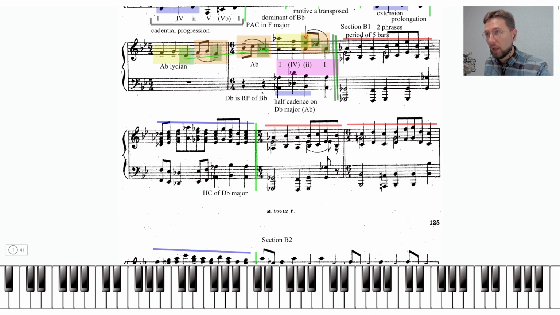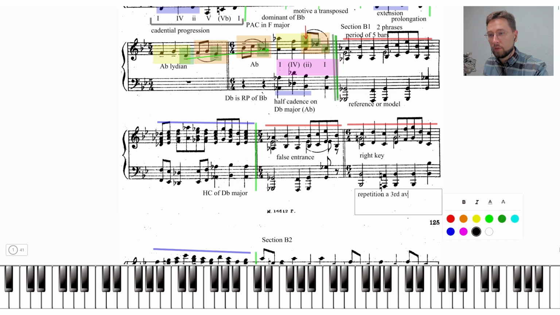So directly we have the actual beginning. So it's like a false entrance. This is the one that's in the right key. And it behaves like a sequence. So you have this as a reference or modal, and here we have a repetition,